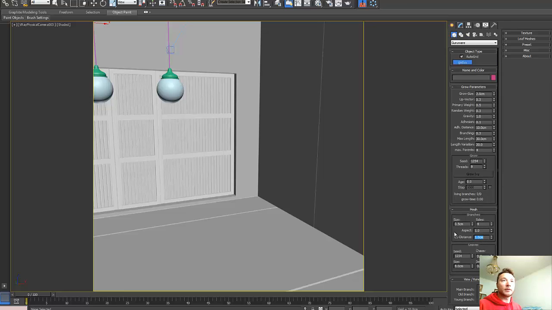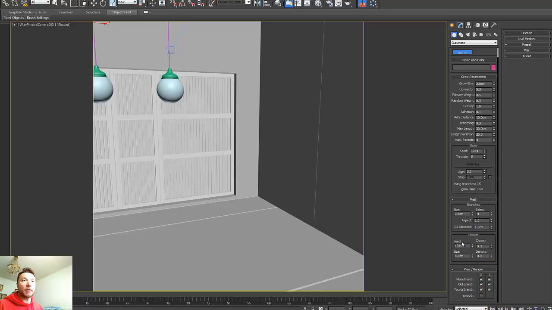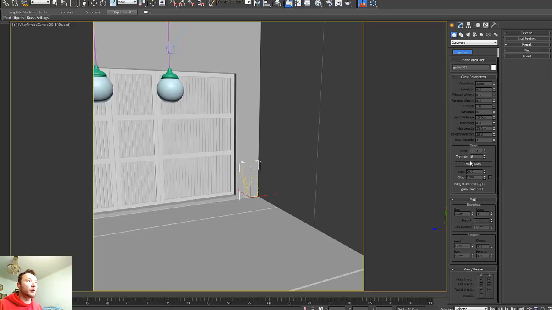Let's see this one. We have leaves. This is also a seed. Seed means the variation of those leaves. You can add a little bit more caustic and density to the leaves, and of course increase the leaf size. So let's just examine this one. We're gonna grow the one that was set up earlier,